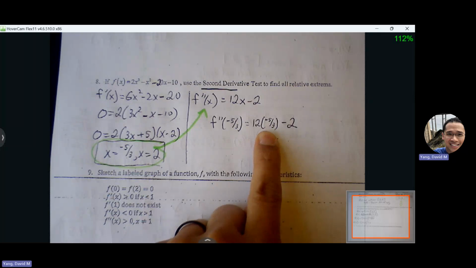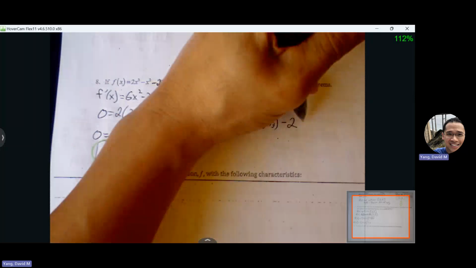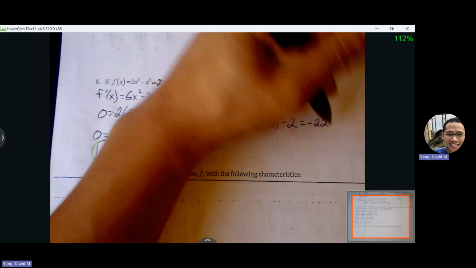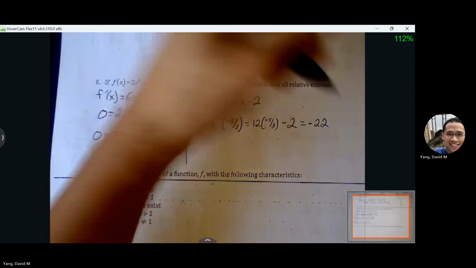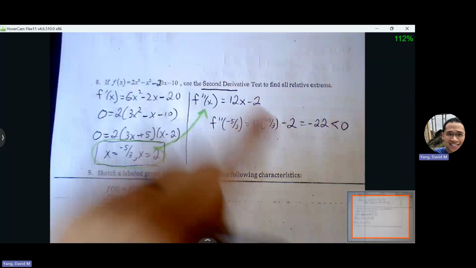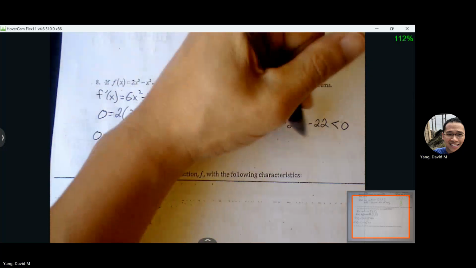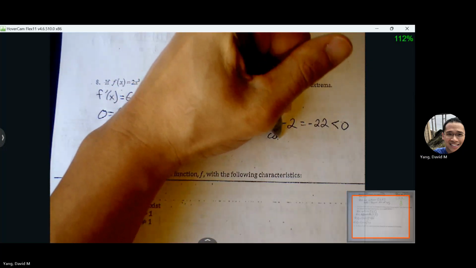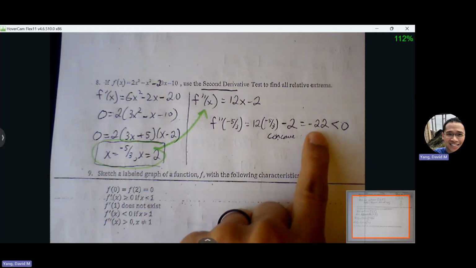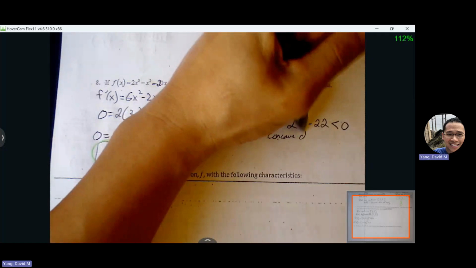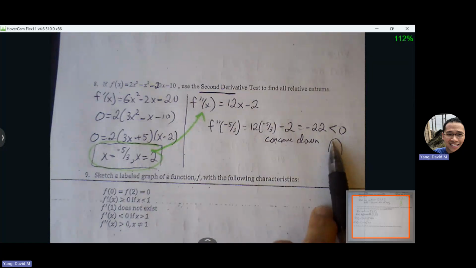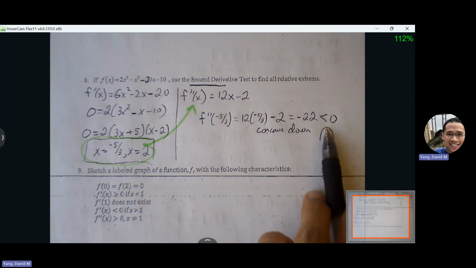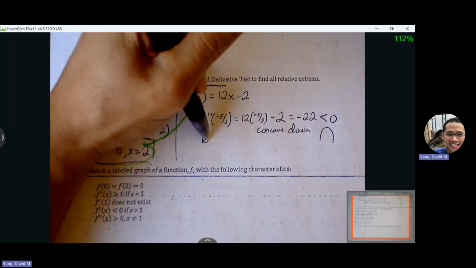Gives me negative 20 minus 2, which is negative 22. Again, this number is not going to matter to us. It's the fact that it's negative. That means this is part of a concave down. Okay, negative is concave down. And if you visualize concave down, the only relative extrema you see there is a max. So we'll say relative max